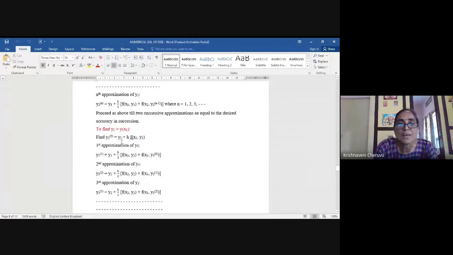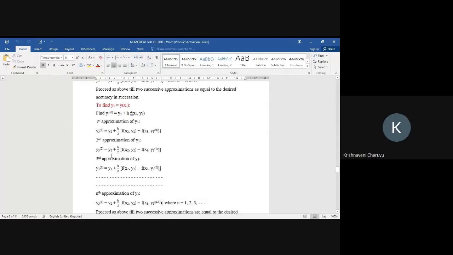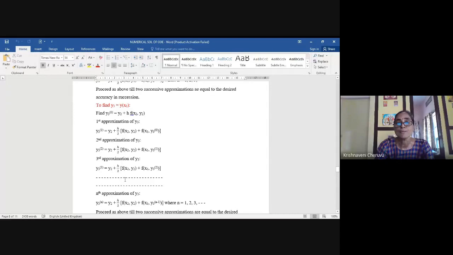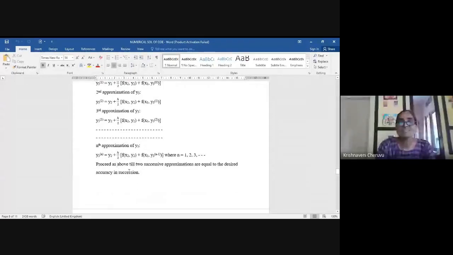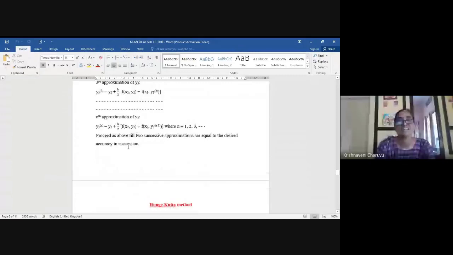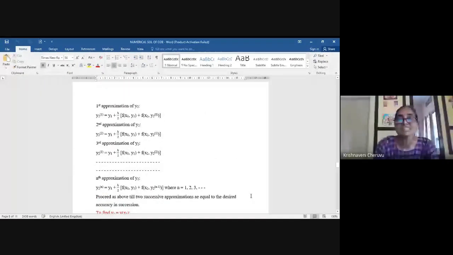y2 plus h f of x2 y2, and this is the notation from which you get y3 bracket 1, the first approximation for y3, and from this you get y3 bracket 2, the second approximation for y3, and so on. Again, you have to find y3's continuous approximations to get the best approximate value for y3. Proceed like this till you get two equal approximations in succession to the desired accuracy, girls. With this we'll come to the end of today's lecture. I explained two methods to you, girls, and please do two problems for each method. Thank you.